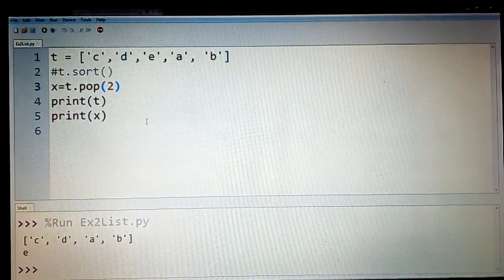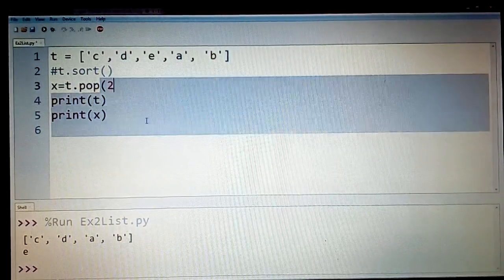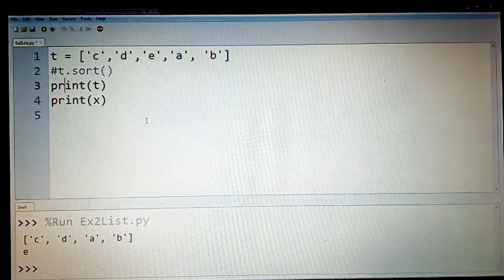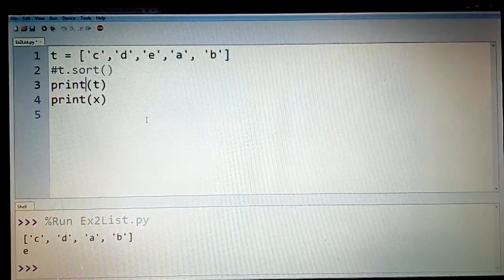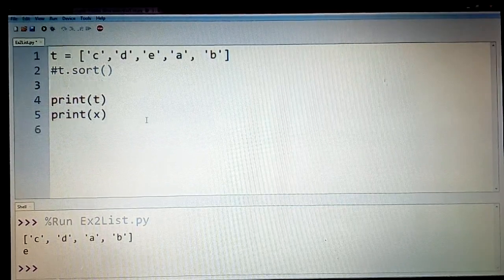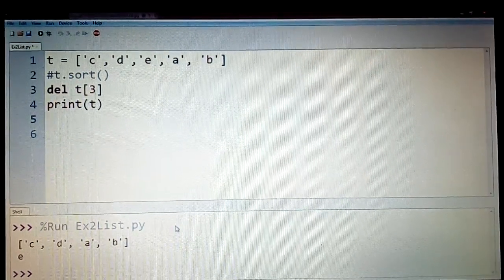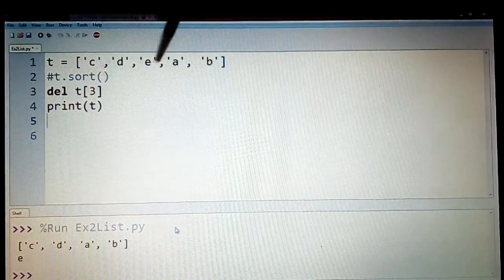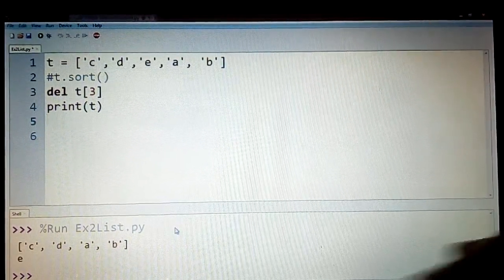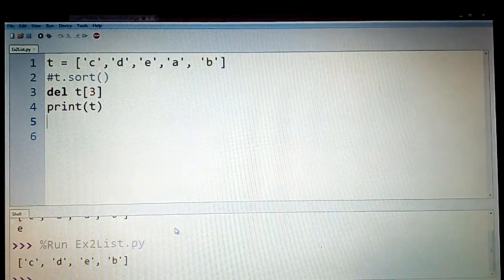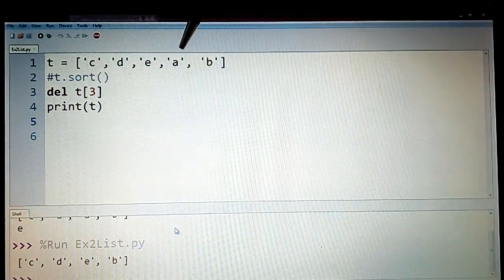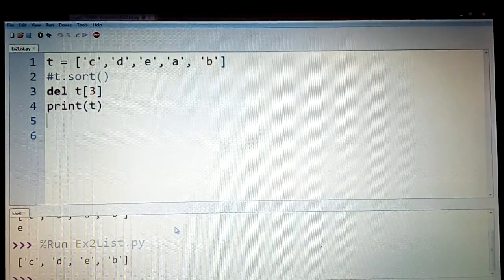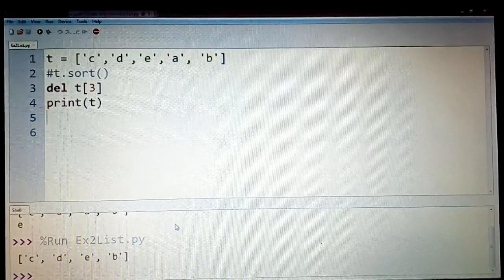Apart from that, of course, you can make use of the other mechanisms, that is deleting an item. So for example, let us use del on t of 3, 0 1 2 3. Now if I execute this, what I get here is 0 1 2 3, a is removed and you get the remaining list as c d e and b. Or for that matter, I can make use of remove.